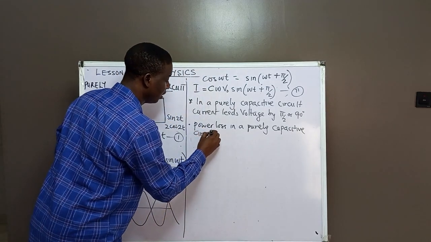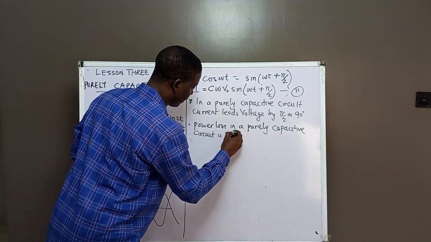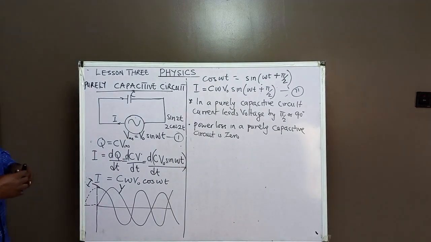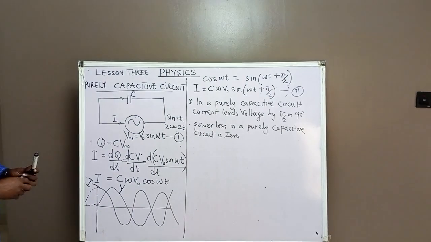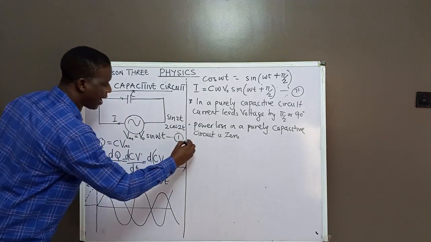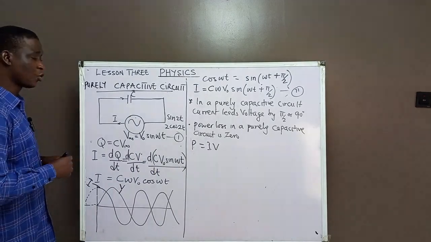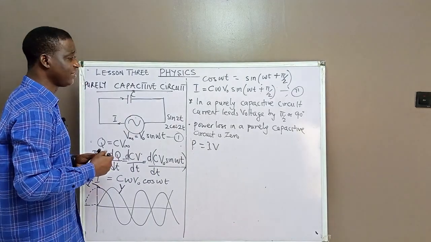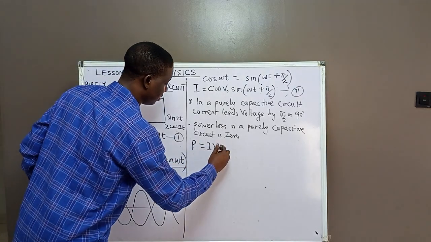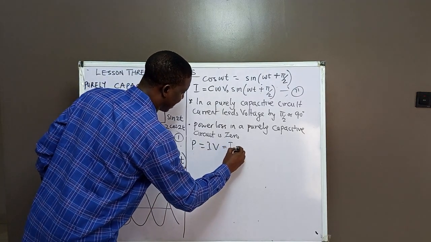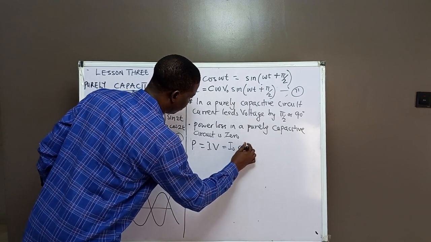Circuit is 0. So the purely capacitive circuit has a what? I will explain. Now let me put power equal to what? V, we all understand that one. What is the current? Let's say the current is I cos ωt,